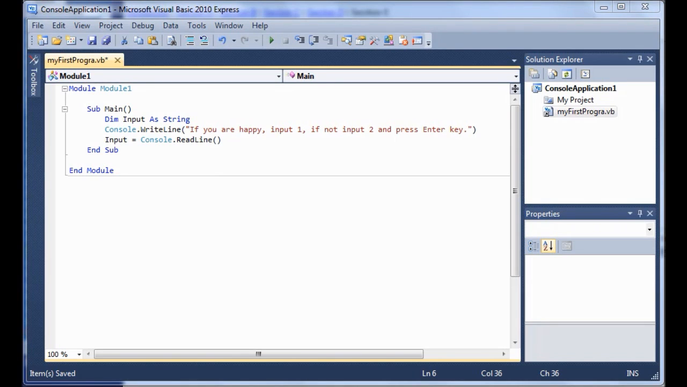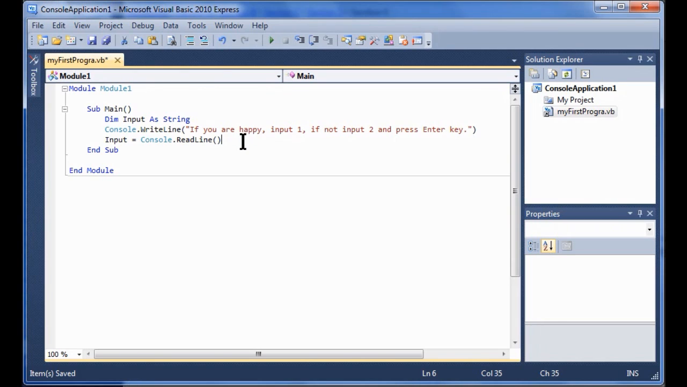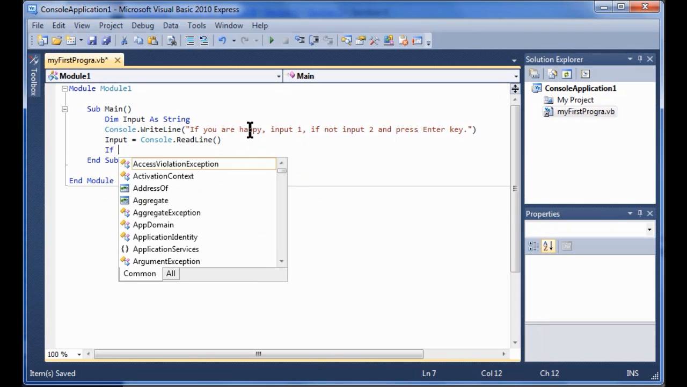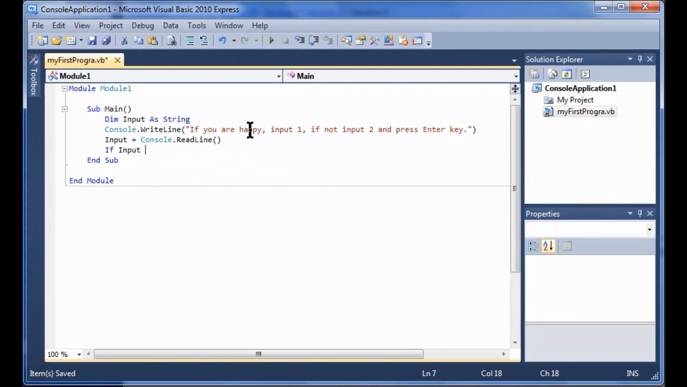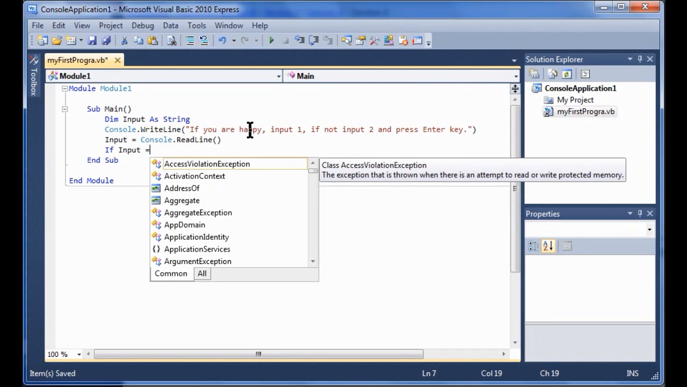So what do I need? I need an if-else statement, right? If he puts in 1, then do this. Otherwise, do that. So let's put in our if statement. Okay, I'm going to put in here: If input equals 1